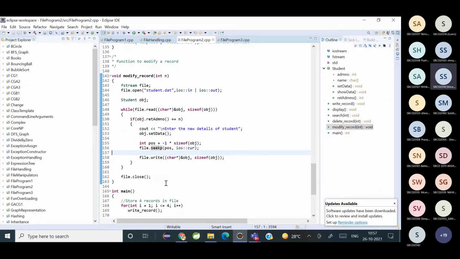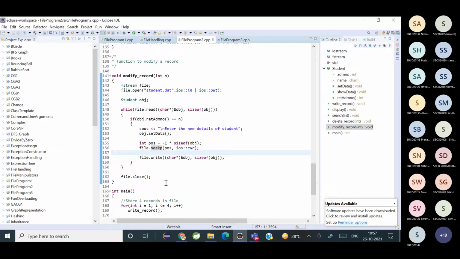So to modify, first we need to read the object. So we are doing read and write together using the fstream class. You can see that, I'm reading as well as writing. I'll first read the contents, one by one, one object at a time. And for each object, I'm checking whether it is the admission number which I want to modify.